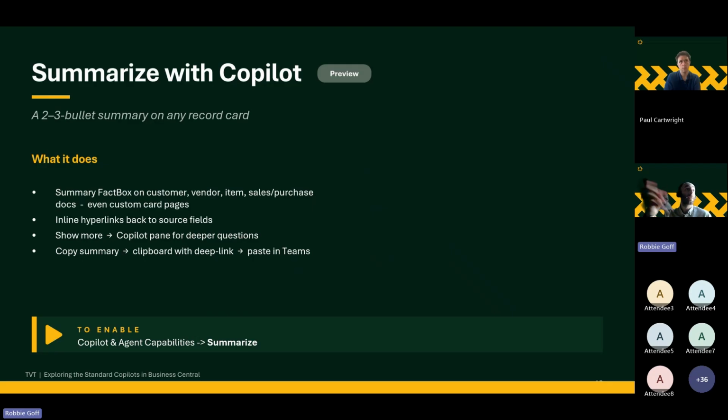If it gets that from a statistics page or something, it will take you straight to that statistics page. We have that show more option, so if we want to see a bit more of a summary, we can hit show more. It'll open our chat with Copilot pane. And we also have that copy summary, which puts the summary and the deep link to the record on our clipboard,